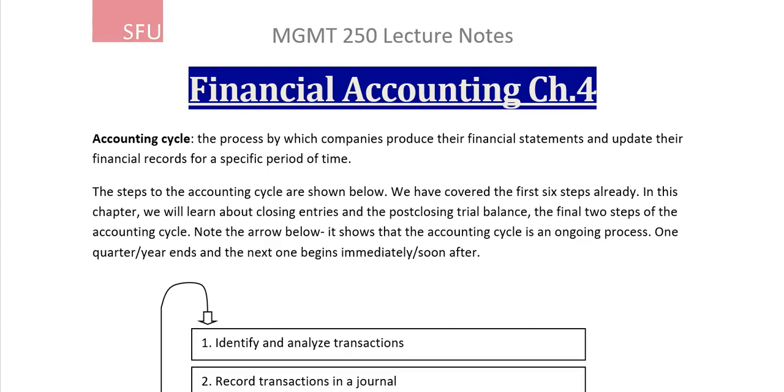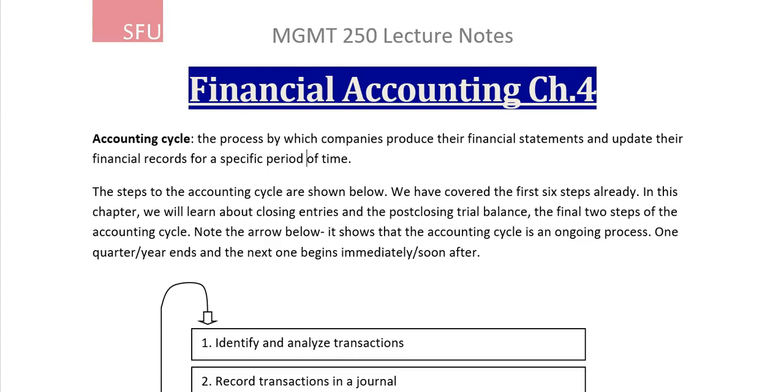The accounting cycle is the process by which companies produce their financial statements and update their financial records for a specific period of time. The steps to the accounting cycle are shown below. We have covered the first 6 steps already. In this chapter, we will learn about closing entries and the post-closing trial balance, which are the final 2 steps